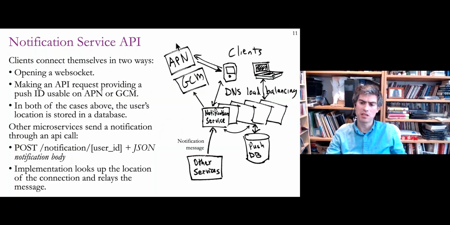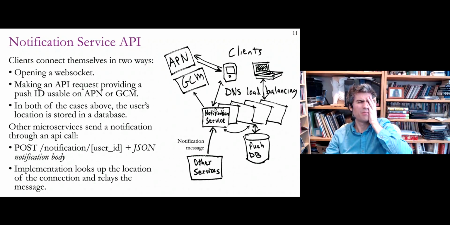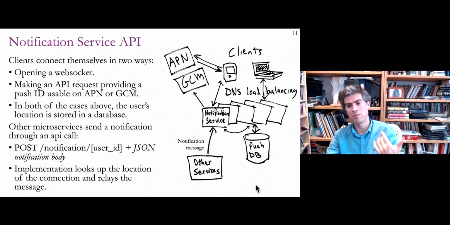Okay, so I'm showing here, it's a little bit sloppy, but in the middle here, I have a notification microservice. The only purpose of this is to do notifications. And on the bottom, I have other services in my system that might generate messages. This could be batch processing jobs, or invoicing, or in a social media app, services that handle creation of messages and creation of content that users want to be notified about. Whenever we want to do a notification, we generate a notification, put a user ID label on the notification, and send it to the service, and let the notification service take care of all the